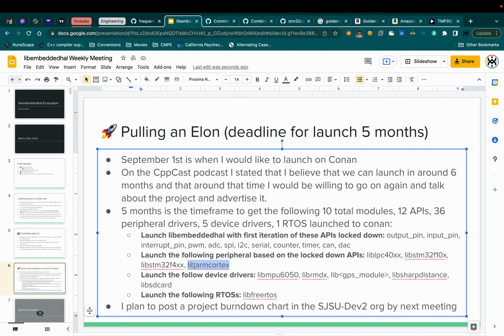And then libarm Cortex is nearly done, I feel. I'm still working; I think I'm going to go back and fix up some things. I think for the most part, it's a good stage where I can kind of lock it down. Everything else here is still up for grabs. So if you have anything in particular or a suggestion on what GPS we should use for this, please notify me or post it on the discussion chat.